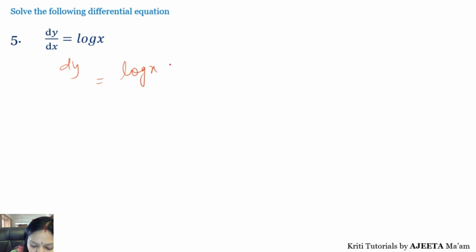हम x को डायरेक्ट ले जाते हैं, नो चेंज रिक्वायर्ड, एंड नाउ वी विल इंटीग्रेट. अब log x का इंटीग्रेशन कैसे होता है? बाई पार्ट से होता है. वेरी गुड. सो वी विल assume another function 1. So log x as it is,